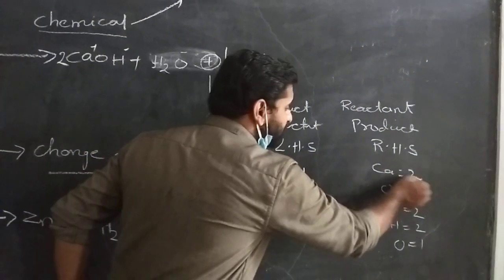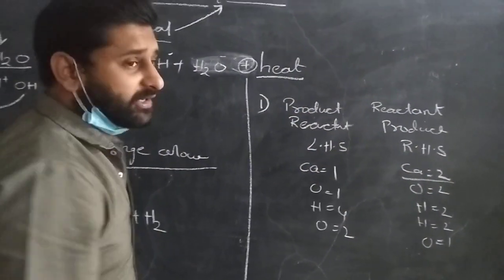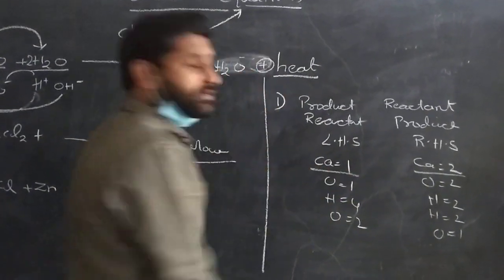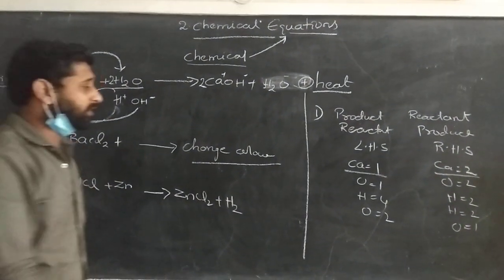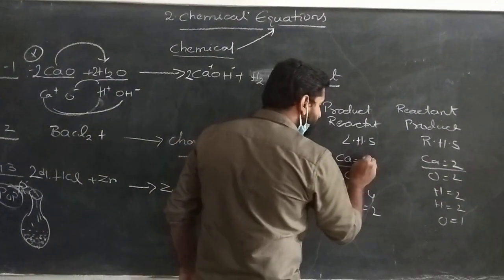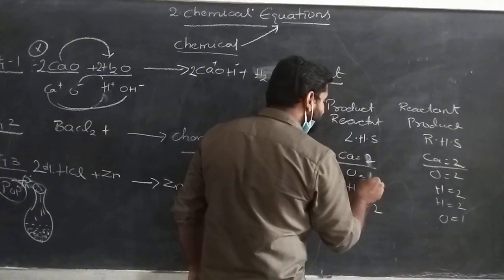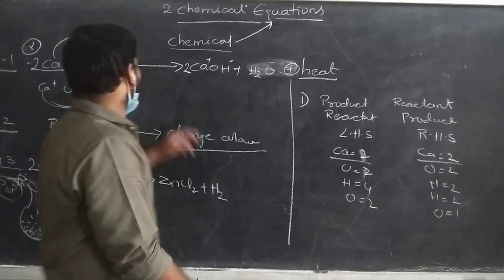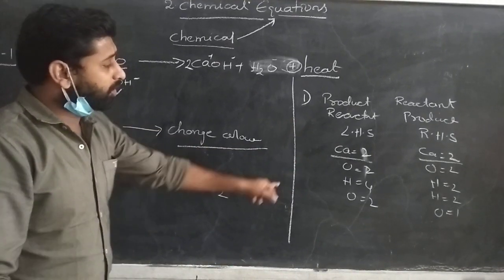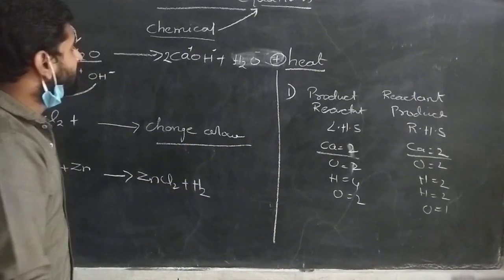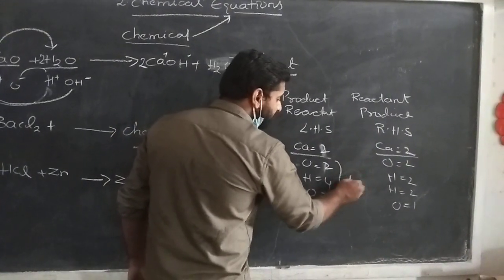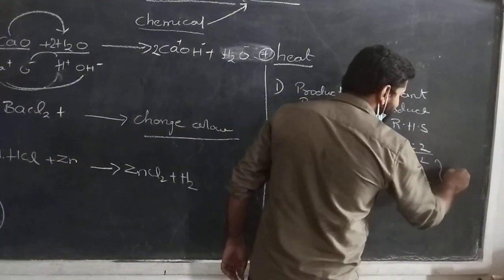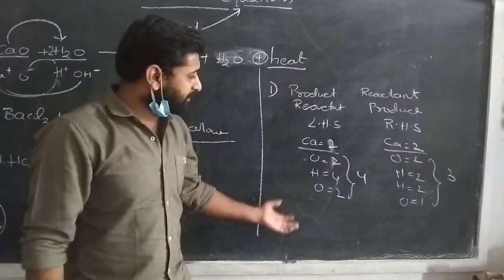When you take calcium here, it is 2. Here the calcium is taken as 1. So we have to balance it. So we are taking 2 here. Simple. So when you take 2 here, it becomes 2. And oxygen is 2 again here, and hydrogen is 4, oxygen is 2 and oxygen is 2. Here we will get a confusion, like oxygen is 2 and oxygen is 2, it totally becomes 4 here. When here you take 2 and this is 1, it becomes 3. So is that balanced now?